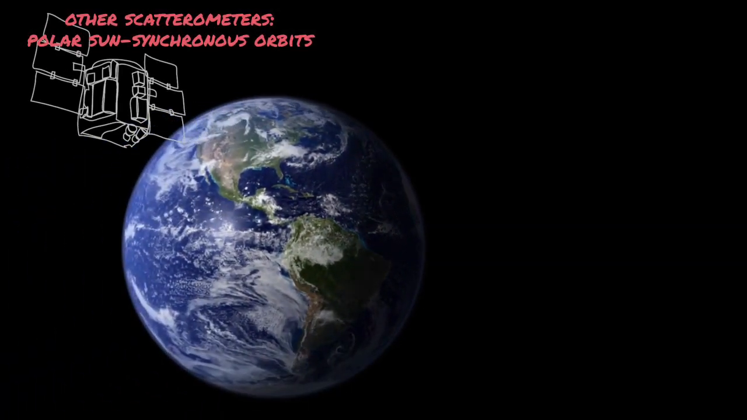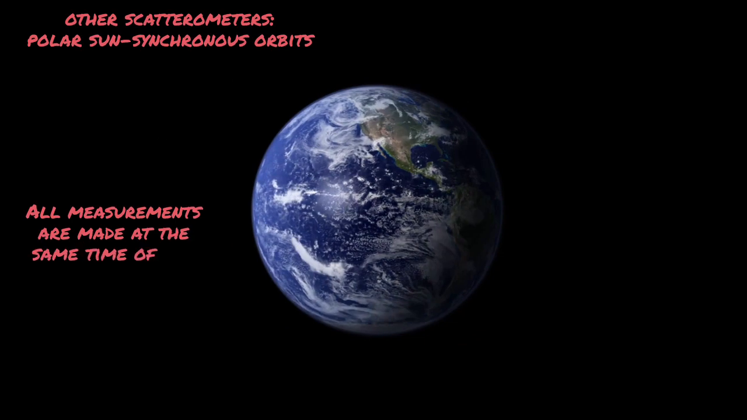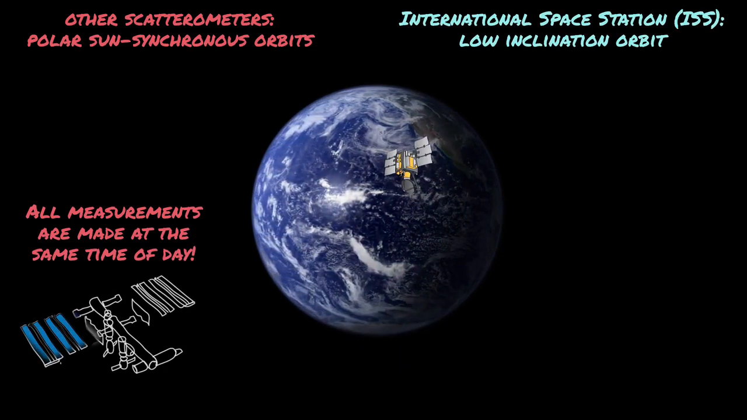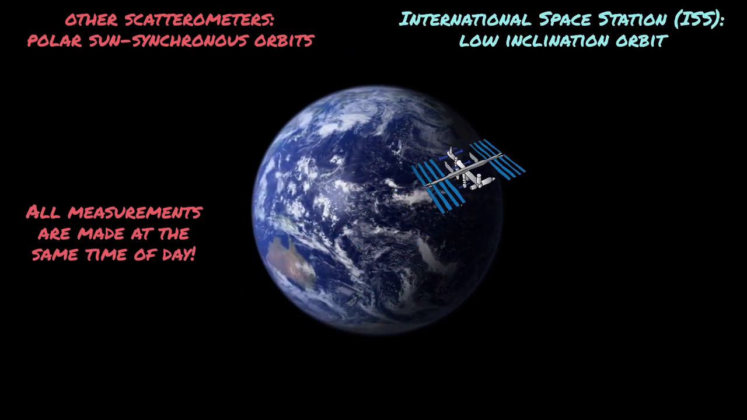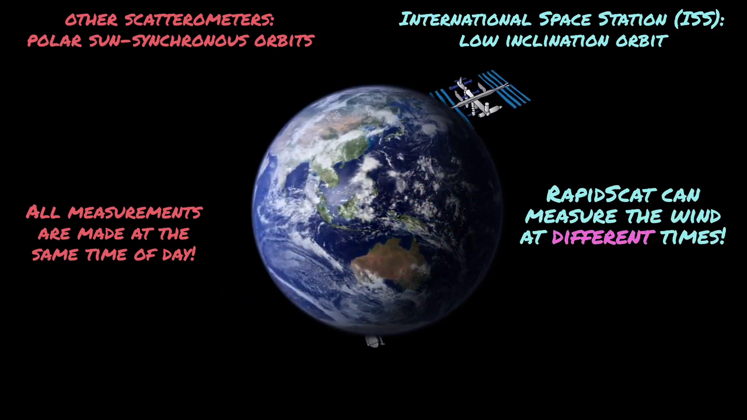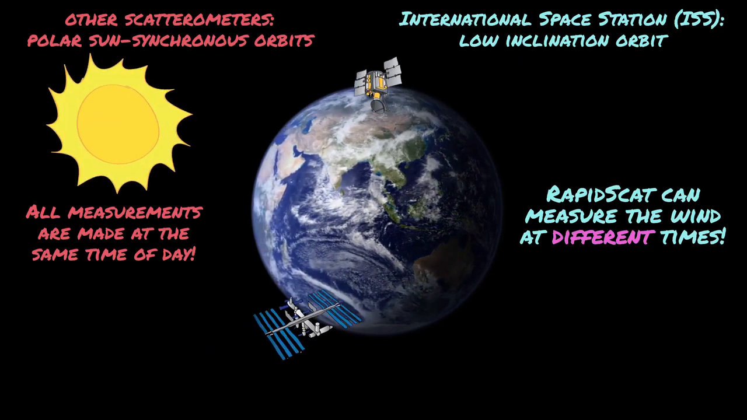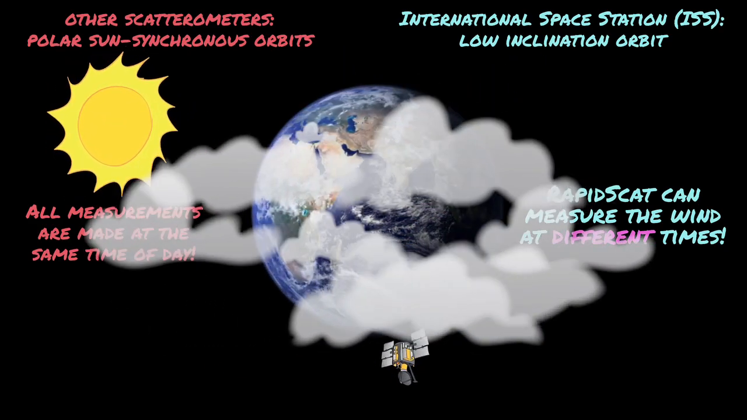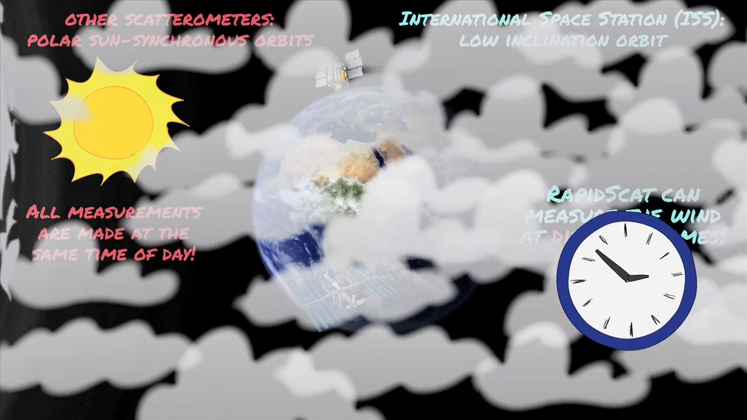Other scatterometers pass over a point on the surface at roughly the same time every day. ISS travels in a completely different orbit, which means that RapidScat will be able to measure the wind at different times. That's really important when you're trying to understand how heating from the sun can affect winds and cloud formation from hour to hour. And it also means we can more accurately track tropical storms that might develop into dangerous